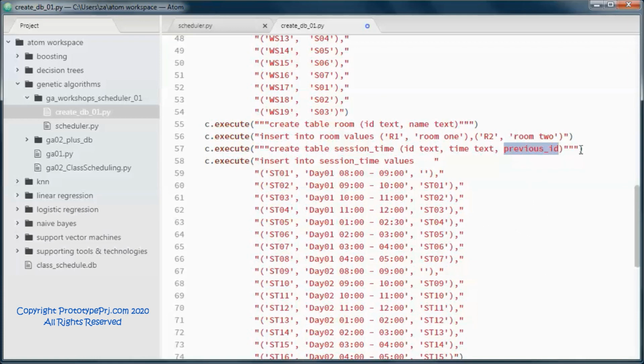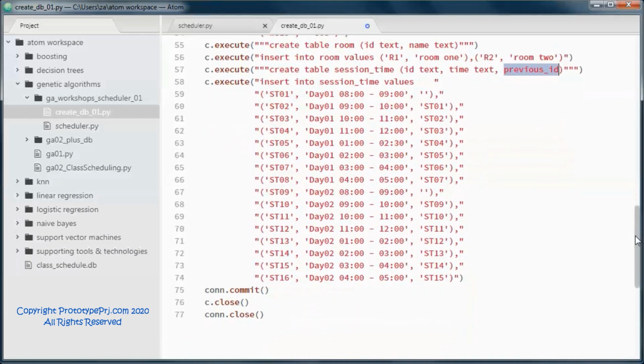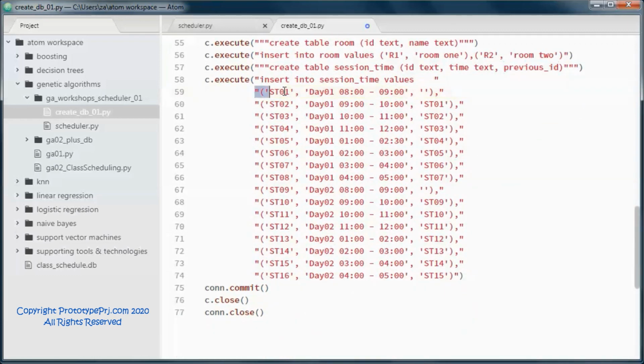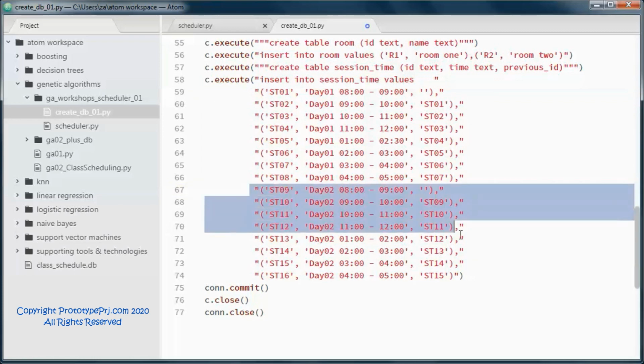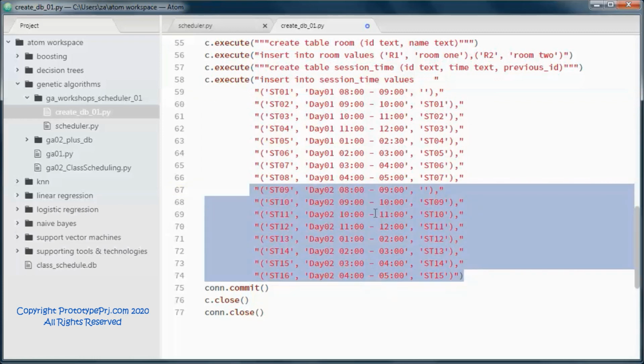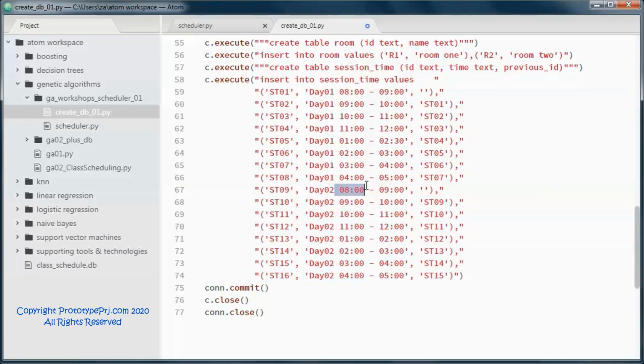So we will have, in this case, workshops going on for 2 days. So day 1 and day 2 from 8 to 5 each day, and each session goes on for 1 hour.